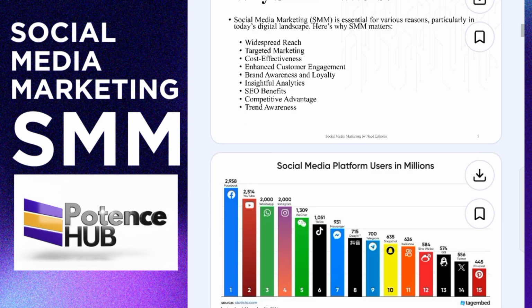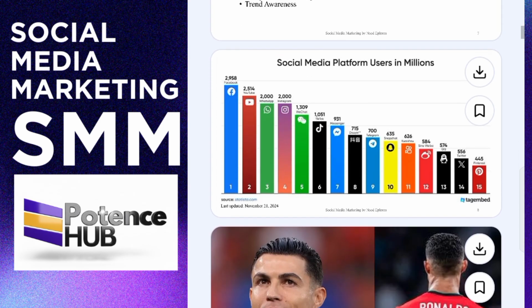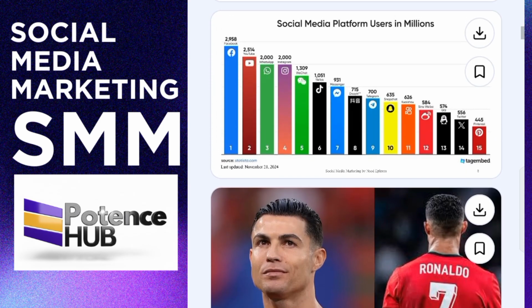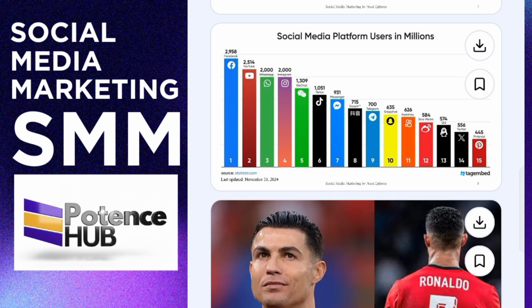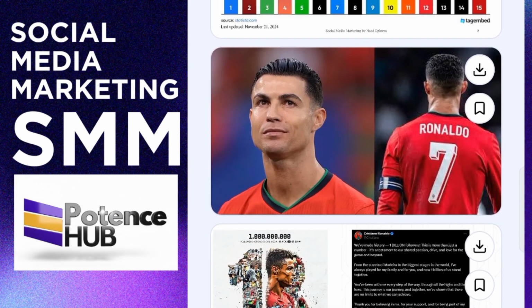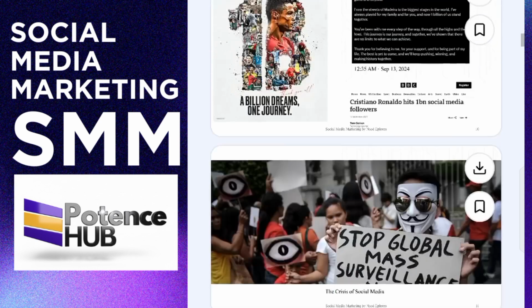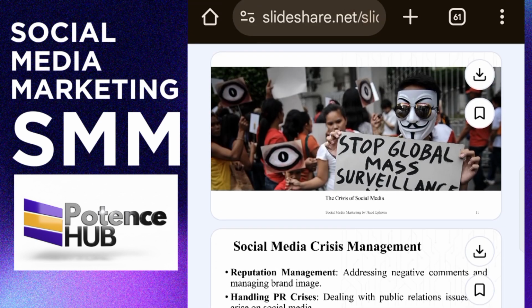Now, if you look at what is going on, you could see the threshold of users on these platforms. This is the result as at 2024. You can see briefly, clearly what it looks like here. As you can see now, we have Facebook ranking number one, YouTube ranking second, WhatsApp ranking third, Instagram ranking fourth, and we have a couple of other social media platforms that are key and still ranking. Are we together now? Now, these are just posts which you can go ahead and schedule. All right, are we together?